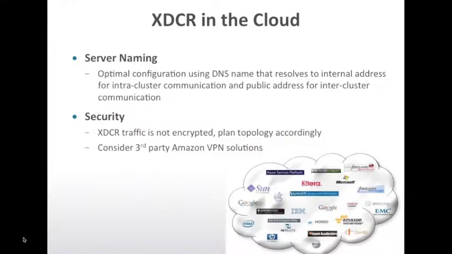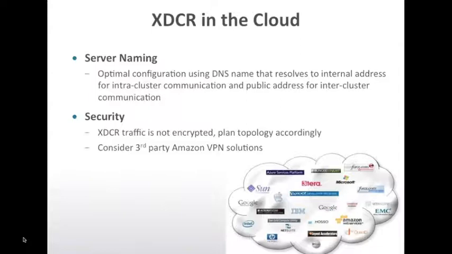So most, around 30 to 40%, of our Couchbase deployments are on EC2. If you are choosing to do the deployment on the cloud, on Amazon EC2, and you are planning to set up XDCR, what are the things you need to consider? Some of the things you need to consider when setting up XDCR on the cloud is that you need to have a DNS name. It needs to resolve to an internal IP address for intra-cluster communication, and also to a public address for the cross data